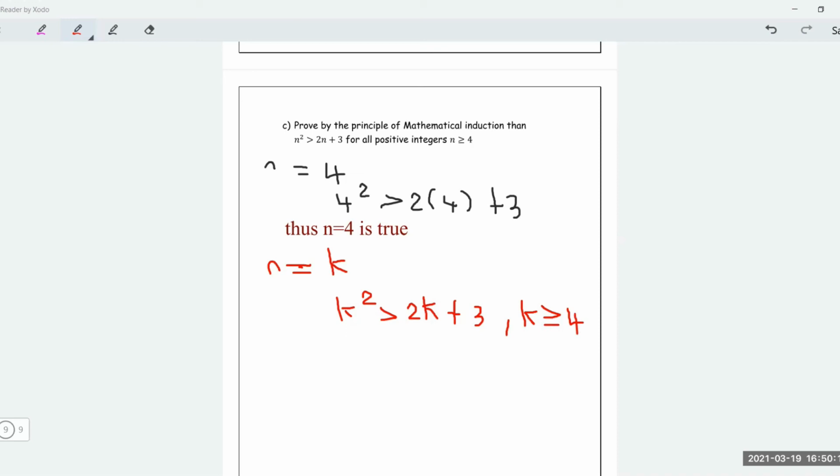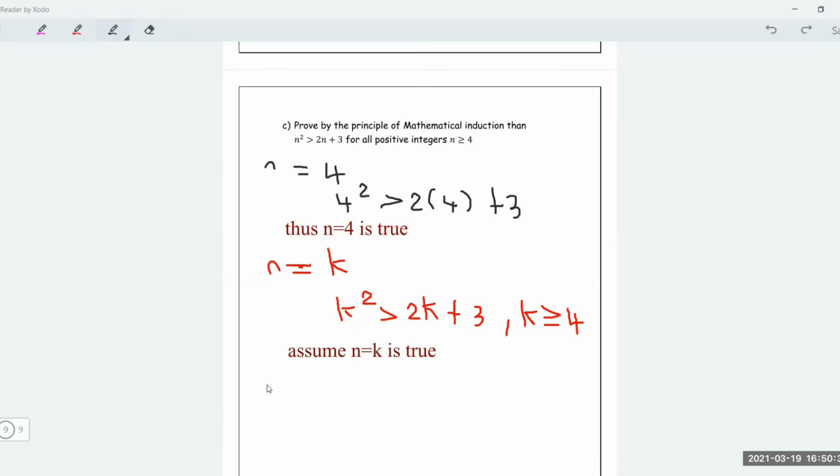And then we assume that this is true. We assume n equal k is true. So now that we assume that n equal k is true,